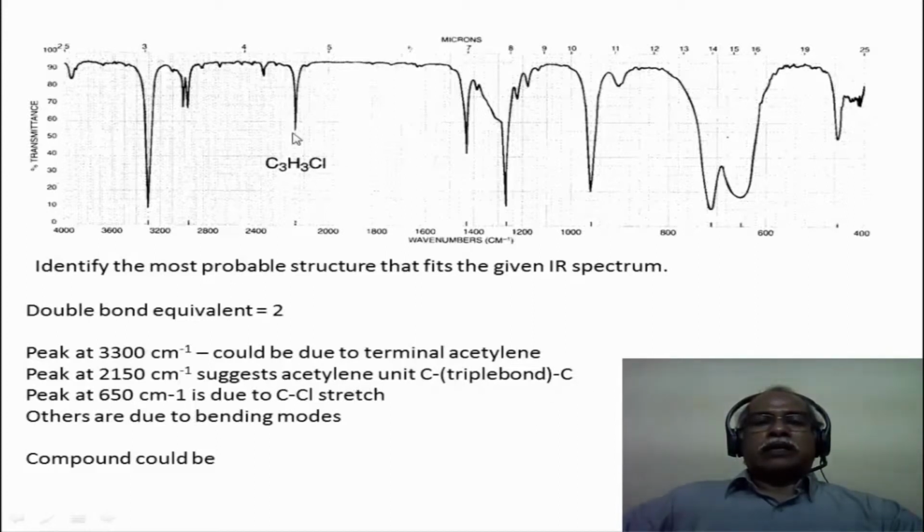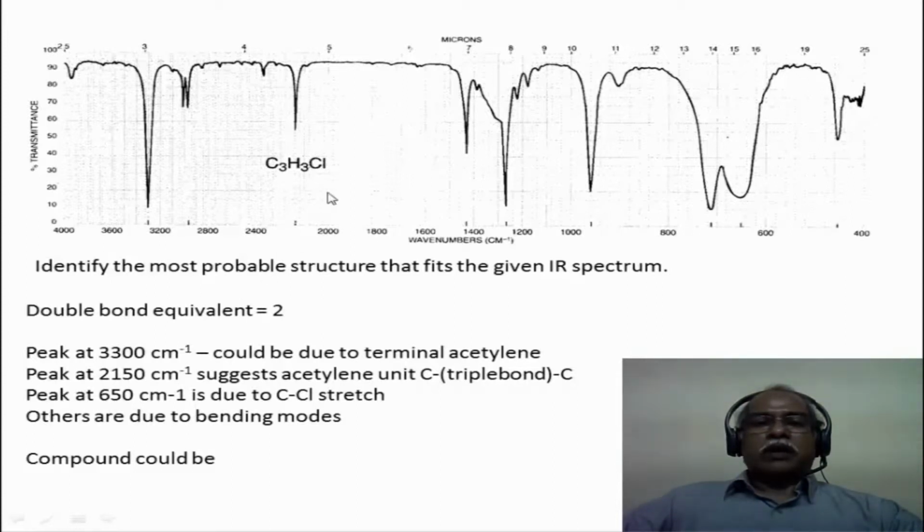The molecule does not have any OH or NH, so one cannot interpret this by mistake as an OH or an NH stretching frequency, because they also come in the same region. For example, a secondary amine can easily come in this region as a sharp peak like this, and that is not the case because the molecule does not possess any nitrogen. The molecule also has a double bond equivalence of 2. In other words, it is an unsaturated system with a double unsaturation. So a terminal acetylene can actually satisfy the unsaturation of this molecule.